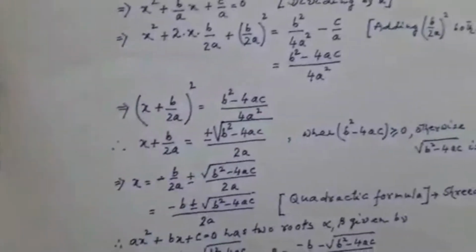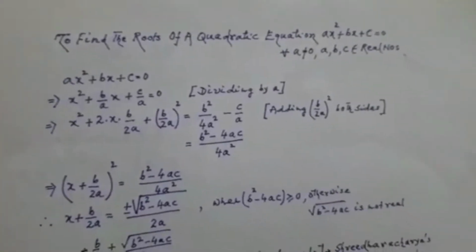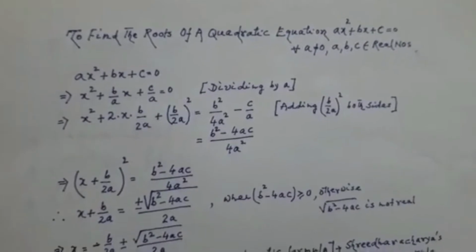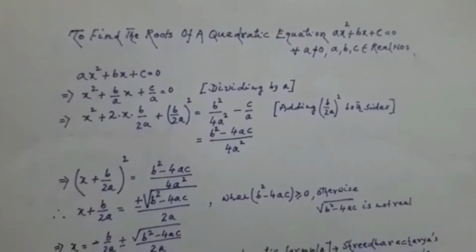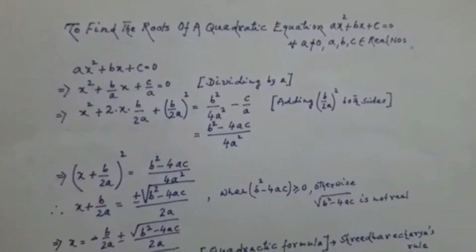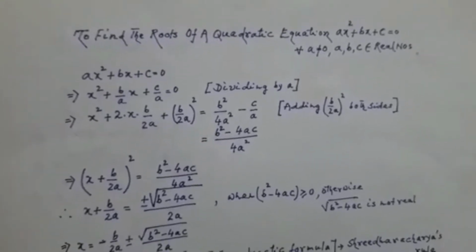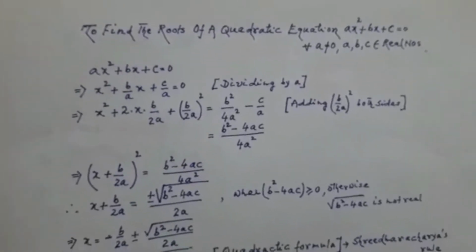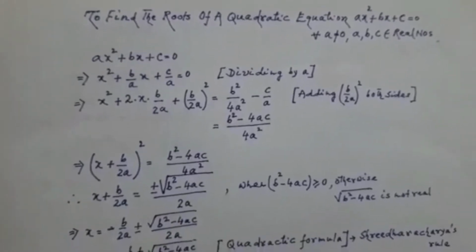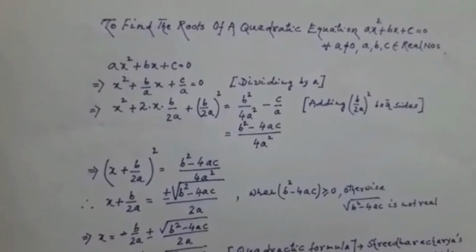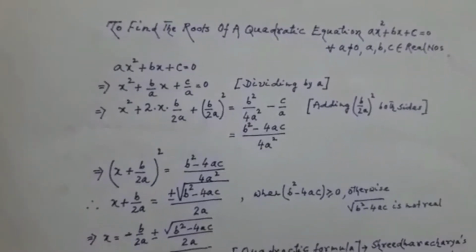To find the roots of a quadratic equation ax² + bx + c = 0, where a ≠ 0 and a, b, c belong to the real numbers. ax² + bx + c = 0, that is, x² + (b/a)x